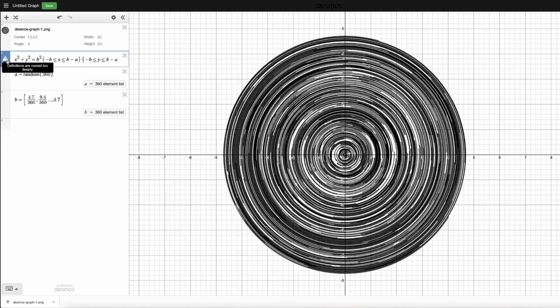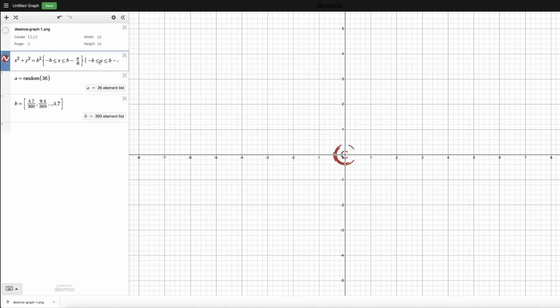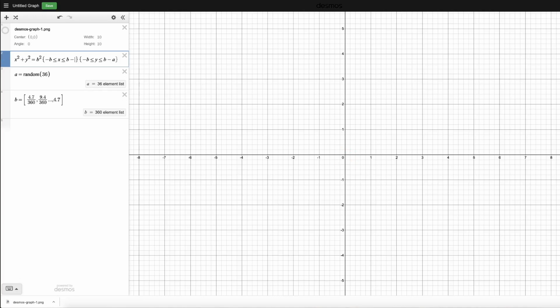Now this is giving me an error, nested too deeply, so maybe I don't want quite so many random elements there. Let's see if we can turn that on now. Okay, so it only brought us out a little ways, and it's a little too random. So what if we did something like